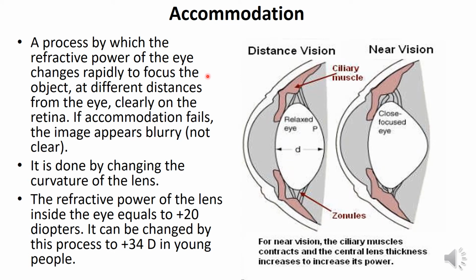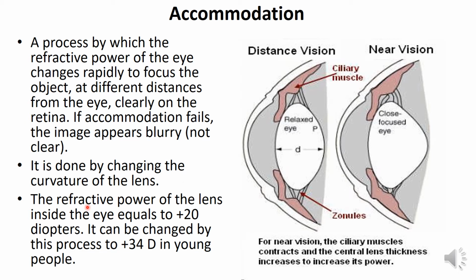By accommodation, we mean a rapid change in the ability of the eye to focus objects at different distances, and this is done through changes in the curvature of the lens. As you can see here, the curvature of the lens is increased. This is done when we want to see near objects, and in this eye the curvature is less. This is used to see far objects, and the ability to change the lens convexity will lead to change